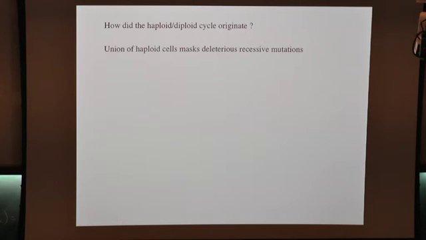Now, of course, not all mutations are recessive. You can have mutations that produce toxic proteins that interfere with some other aspect of the cell. Those are dominant, and that doesn't apply here, but the majority are recessive. So on average, and this is empirically the case, if you take two different populations carrying different sets of mutations and make a hybrid between them, you get heterosis, you get an increase in fitness. And that would have happened with the first haploid cells coming together. So this is fine, but the problem is we've only explained one half of the life cycle.